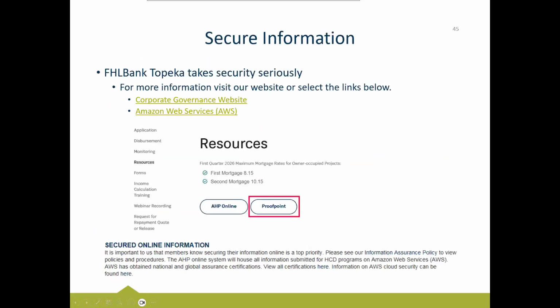Okay. Mentioned earlier something about Proofpoint. We do take security really seriously and want to make sure that your home buyer's information is as secure as possible, that that's not just getting out into the web. So if you have anything with personally identifiable information or other private information that you need to send to us, please utilize Proofpoint to do so. Again, if you do not have a Proofpoint account yet, please email someone here in HCD, and we will get you a link to sign up for Proofpoint so that you can start sending things securely to us.